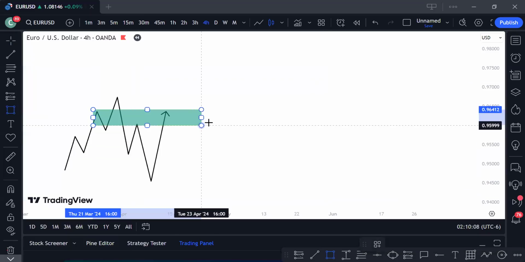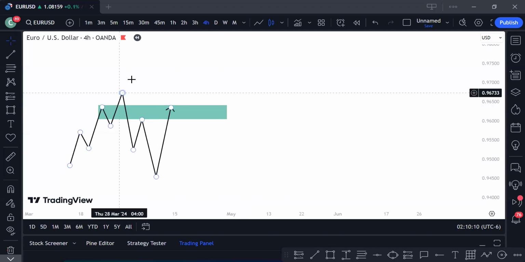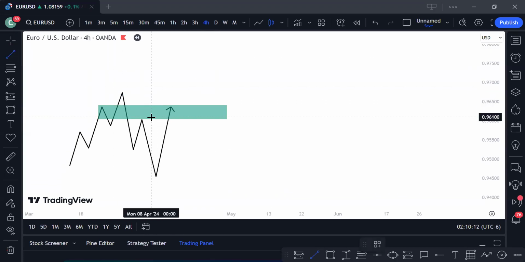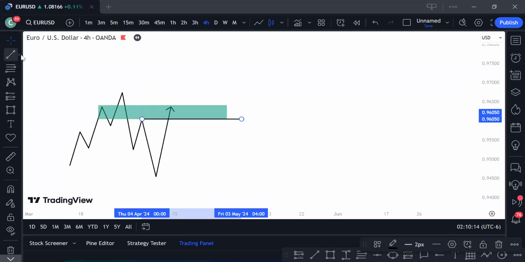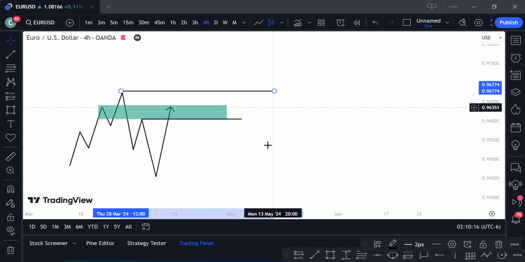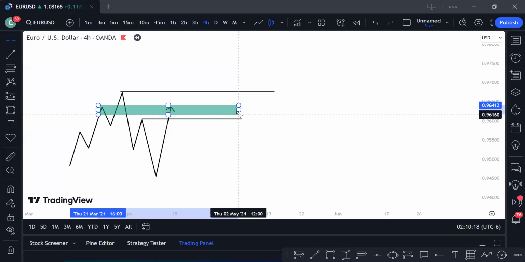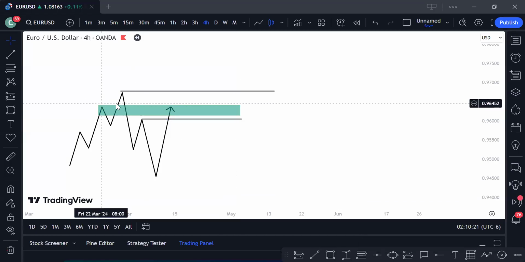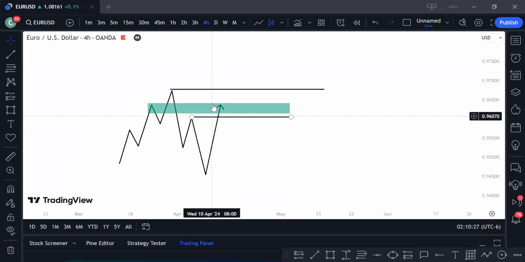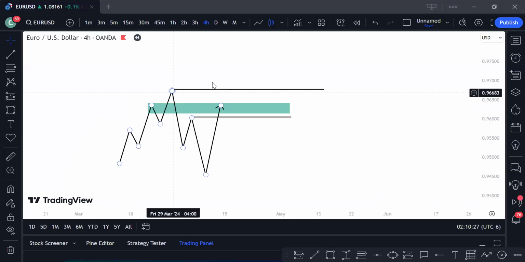All right, price comes to your POI. Now, inside your POI, what are we looking out for? Anybody? Inside your POI, this is your structural liquidity. This is your protected high. So inside this POI, what are we looking out for? Supply. You're looking out for a supply level. So what do you want to do? You want to go to your lower time frame, which is your 5 minutes time frame, to mark out a supply level that price is most likely to sell from.